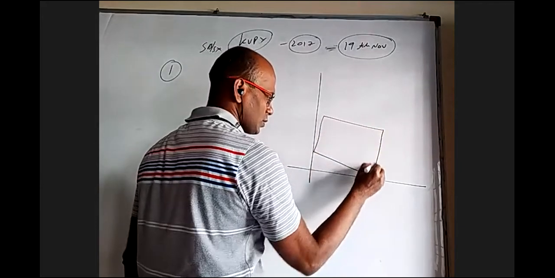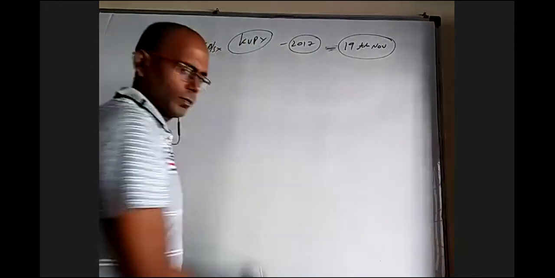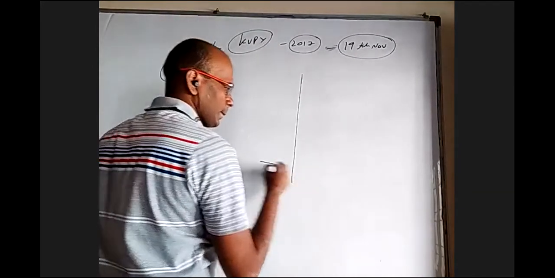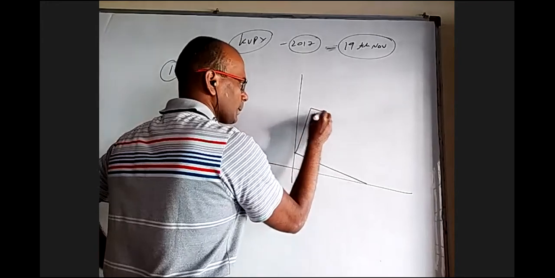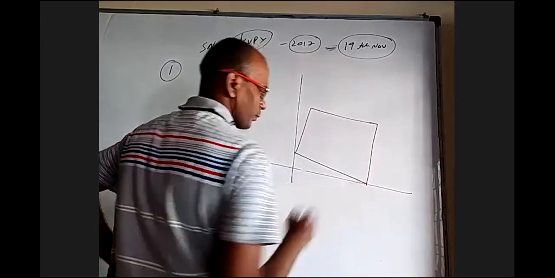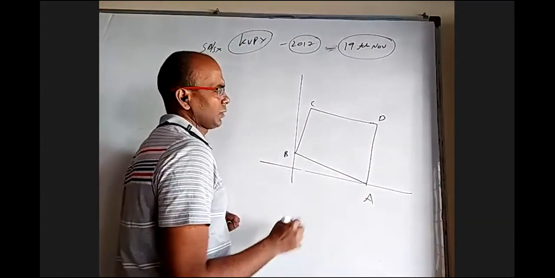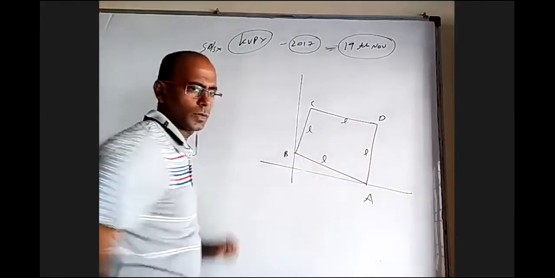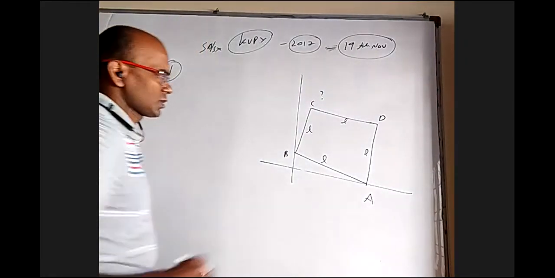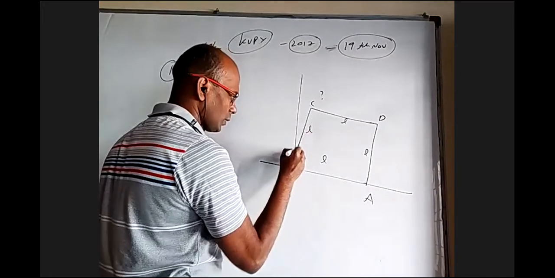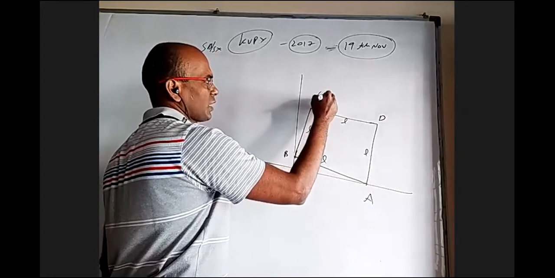The square is like this. I should draw a proper figure, sorry. This is A, this is B, this is C, this is D. Let us take all these lengths as L. Now, what is the locus of this C? I want to discuss two methods. In any standard locus question, whichever point's locus you have to find, we are going to take it as x comma y.